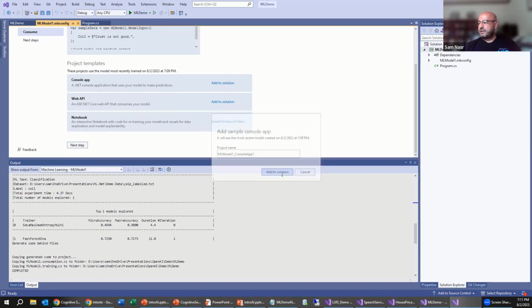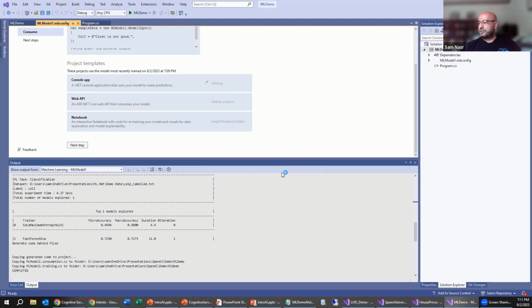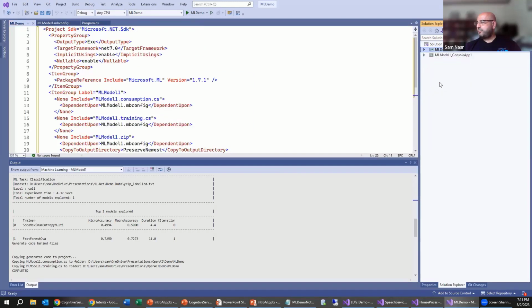It gives me the default name. I'll add that to the solution. And there you see, I now have two projects. I have the ML demo, which is the basic project that I started off with, and then I have the ML Model 1 console app that I added after I built my model.